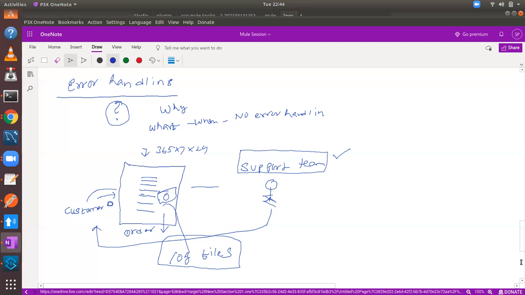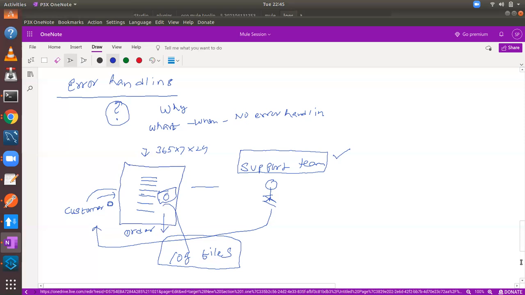If you're taking longer time to give solution to the customer, your customer is not happy. If the customer is not happy, your business will go down, right? Got it. So one of the things you need to do is write information to a log file. Most importantly, when an error occurs, you need to carefully write that error information to the log file so that the support team can easily find the error and the reason behind it. When an error occurs, if you're not writing that error information to the log file, the support team doesn't have any clue.